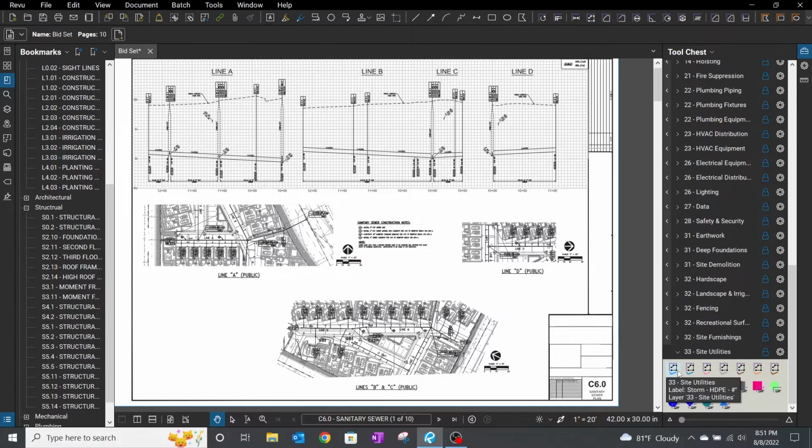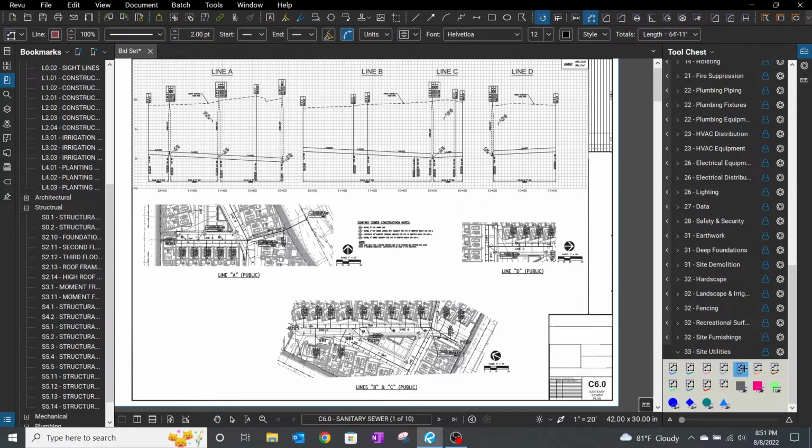I'll show you a little bit of stuff here. I'm looking at a sanitary plan for a particular project. We'll look through the items here. So you see we got different types of storm pipe, sanitary, HDPE, got a number for inches. Basically we set it up to where each